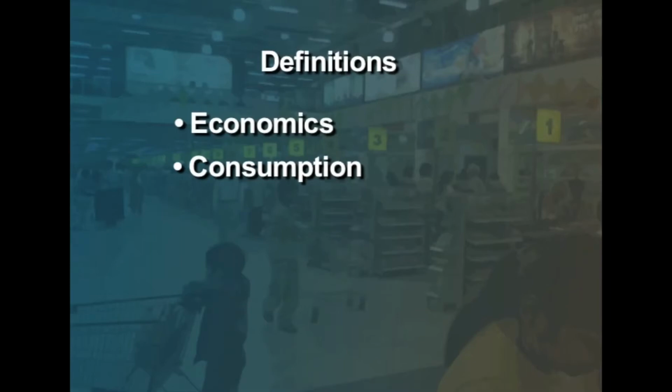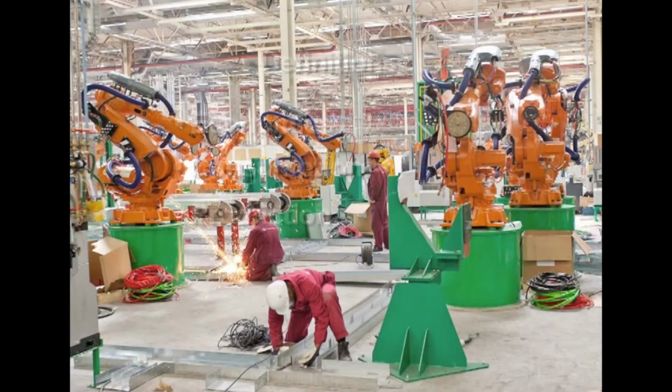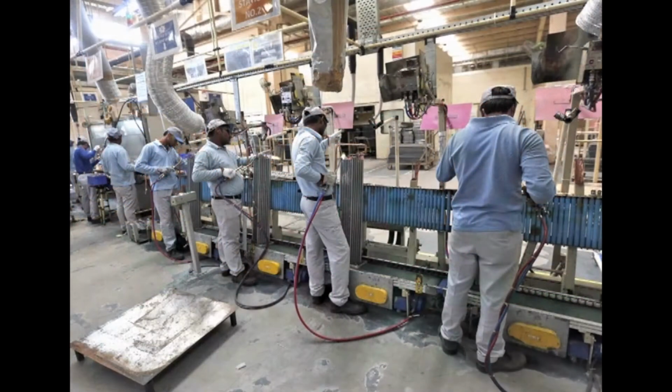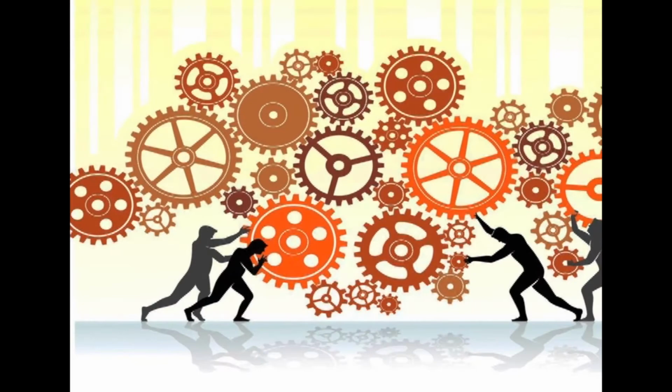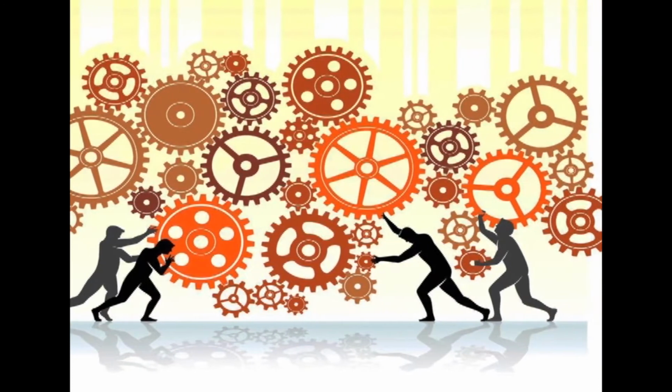Consumption. Consumption is the process in which a substance is used, destroyed or transformed into something else for its use. So, consumption is the use of goods and services in a particular period of time. Production. Production is the process in which material inputs and immaterial inputs are combined together to make something that can be consumed. So, it is a process in which the end product, the goods, are manufactured.